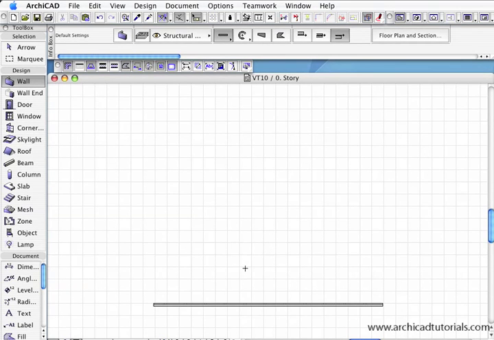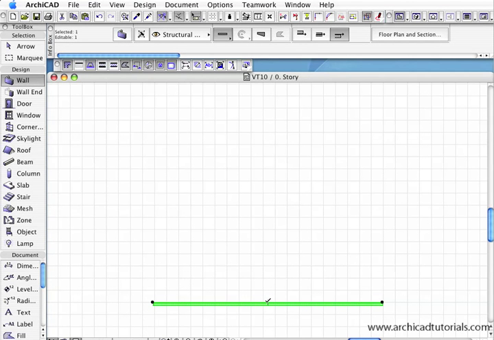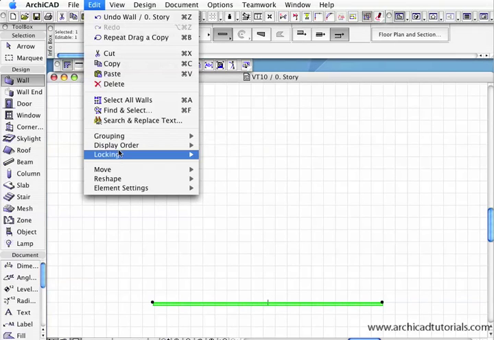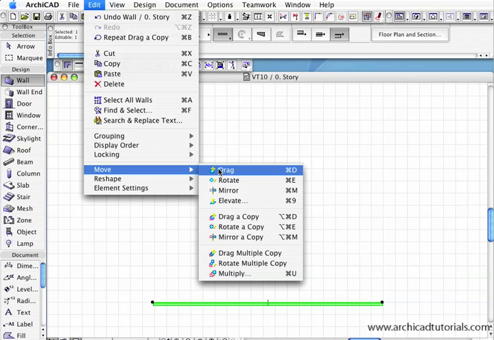Now we're going to edit the wall and move it and multiply it, do a couple of things. So first of all, I'm going to select the wall. So while I'm on the wall tool, I hold the Shift key down and left mouse click on the wall. Once the wall is selected, if I move up to the edit menu and go to the move drop down, here we have drag, rotate, mirror, elevate, drag a copy, rotate a copy, and all these options are available through